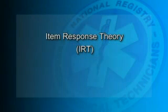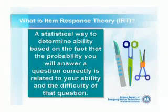Item response theory is also known as IRT. What happens when you go into IRT is you look at items individually, and then you can place those items on a difficulty rating. It is a statistical way to determine ability based on the fact that the probability of a candidate answering a question correctly is related to the candidate's ability and the difficulty of the question. In item response theory, we have an item that matches you exactly as we keep giving you items around whatever that metric may be or whatever that number of difficulty may be. I guess the best way to say this, I can actually put the person and the item on the same